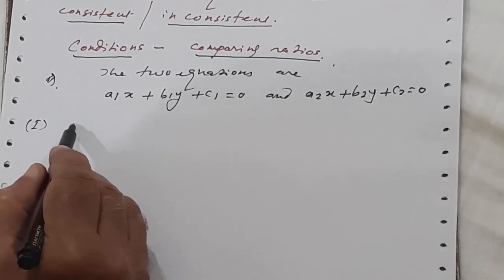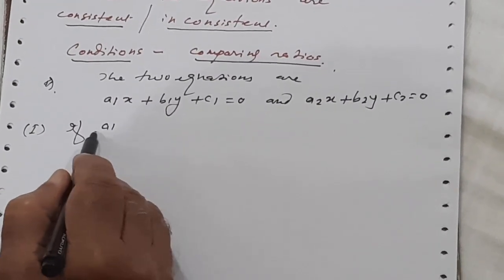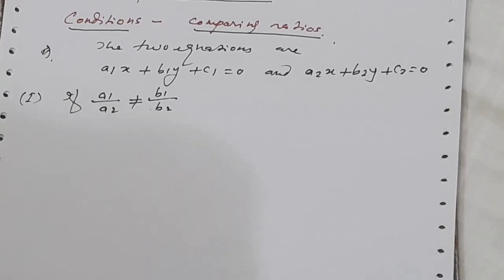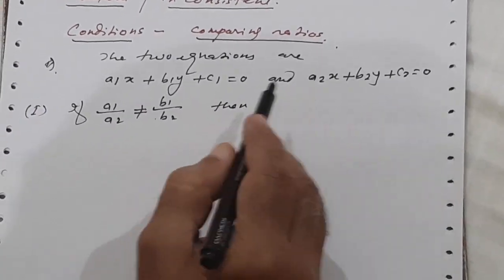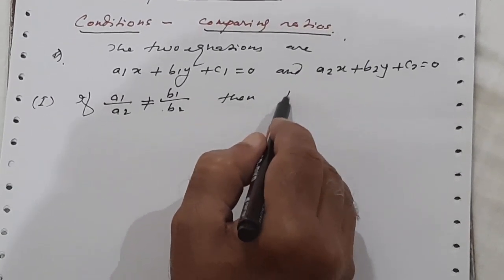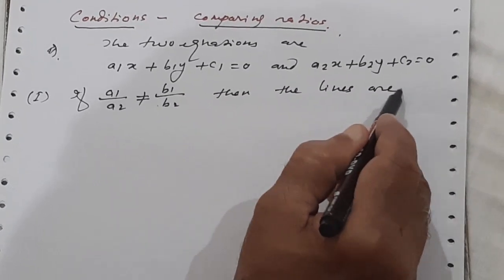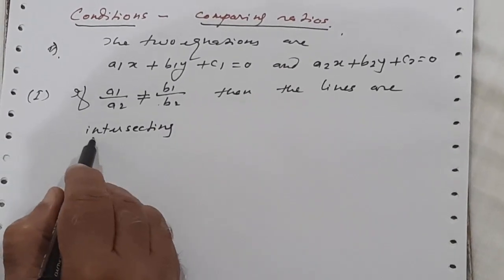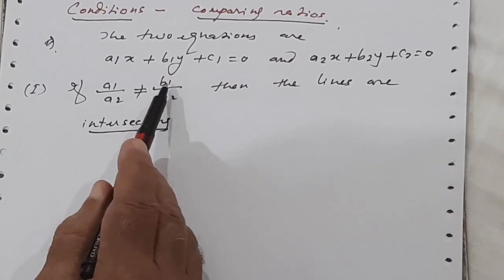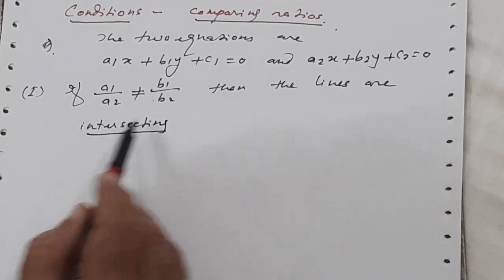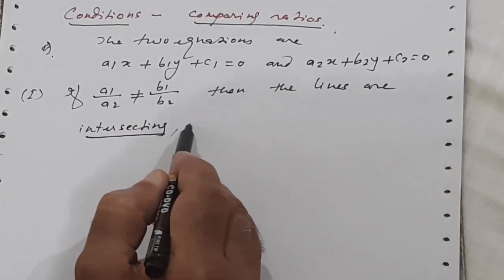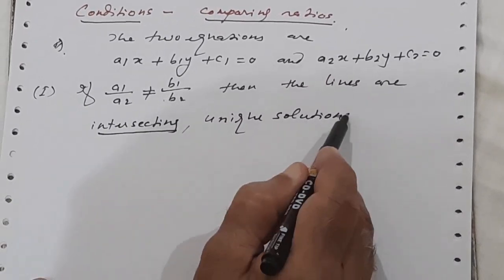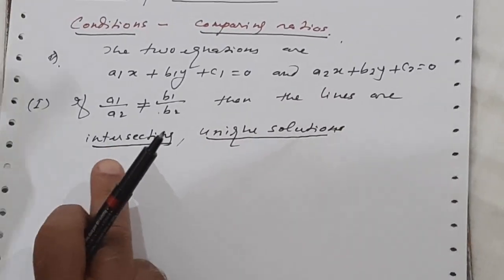Listen properly and see: if a1 upon a2 is not equal to b1 upon b2, then the lines are intersecting. This is very important. If a1 upon a2 is not equal to b1 upon b2, then the lines are intersecting, they have a unique solution. Unique solution means one solution if they are intersecting,